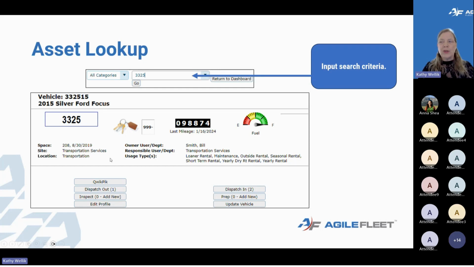Other information that you can see on this screen also says that there's one reservation that is on the schedule for this particular vehicle to be dispatched out. There's 2 reservations to be dispatched in. Now, normally, just to let you know, that would be a red flag. If I were the dispatcher, I'd be, why are there 2 needing to be checked in? Because you should be staying on top of that, and you should only be checking out if you've checked in